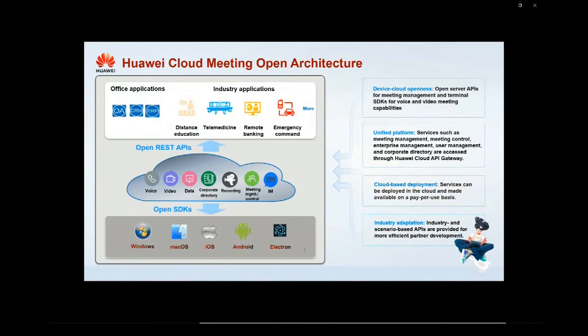They provide services such as meeting management, meeting control, enterprise management, and user management through the Huawei Cloud API Gateway platform. At the same time, services can be deployed on the cloud and made available on a pay-per-use basis. Industry and scenario-based APIs are provided for more efficient partner development.